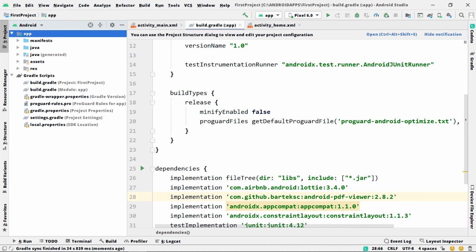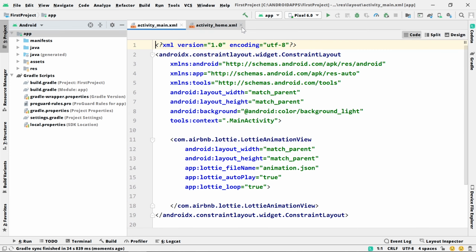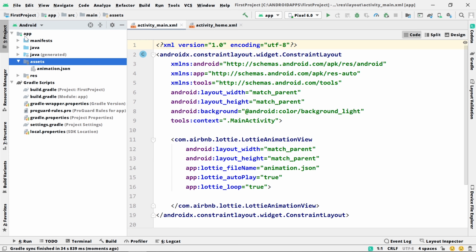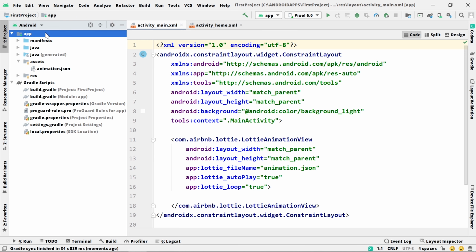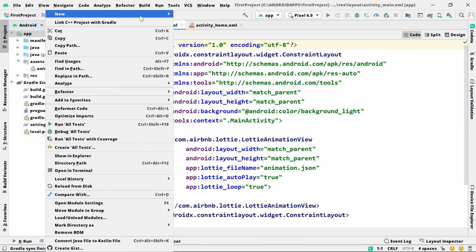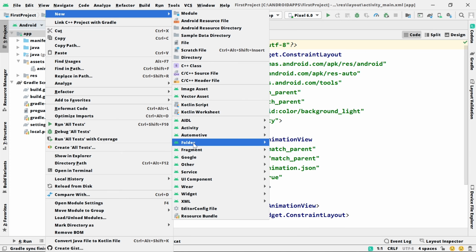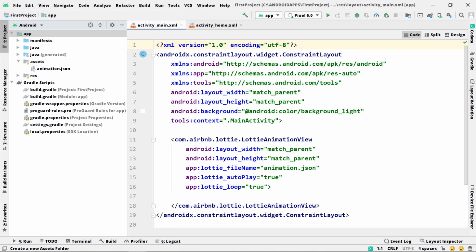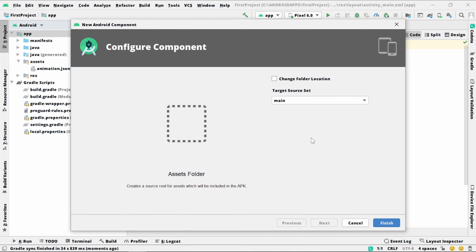After adding the library, just close this build.gradle and you need to create the assets folder and add the PDFs into this assets folder. In order to create this assets folder, just right click on app, select new and click on folder, and just click on assets folder, and you'll get this window. Just click on finish.